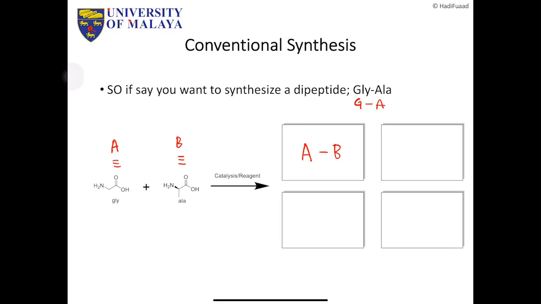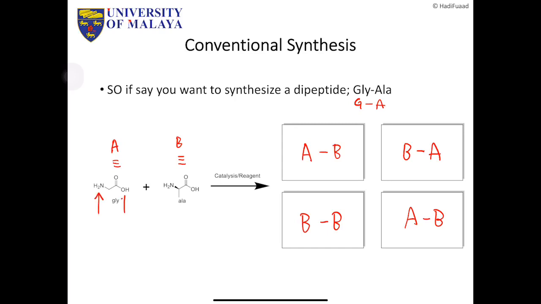But in reality, what you can also get is not just A and B as you expected. You can also get B and A, you can also get B and B, and also A and B. So you can have any of the mixtures,